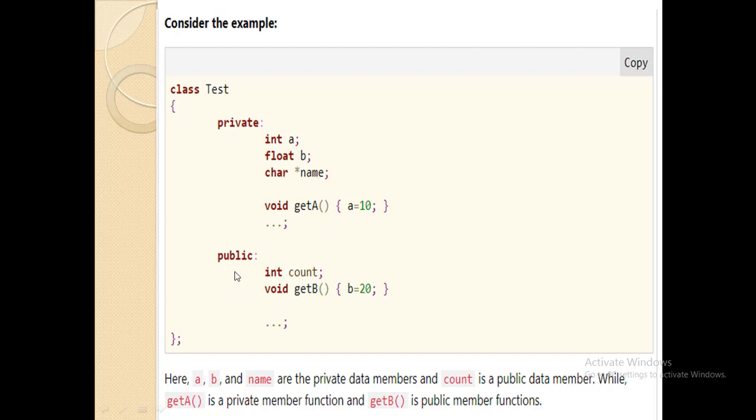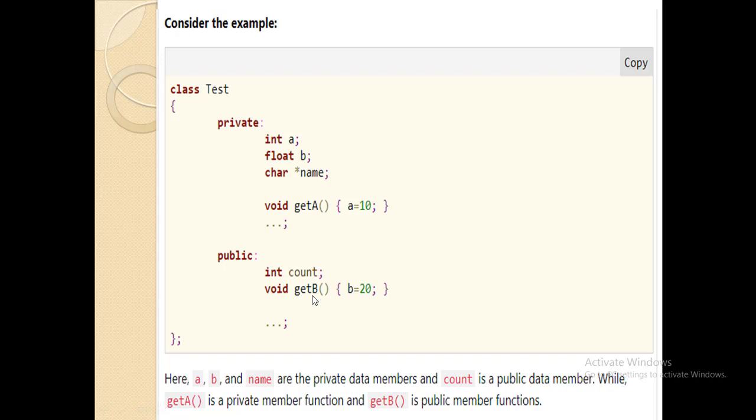While in the public section we define a variable count and a function void get b. Here is the body of the function. So a, b and name are the private data members, and count is a public data member. While get a is a private function, get b is the public function. Hopefully you got the point.